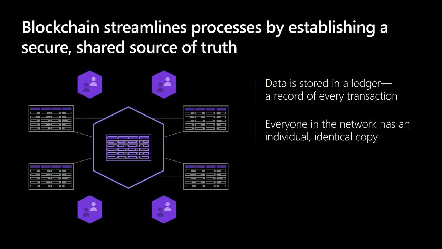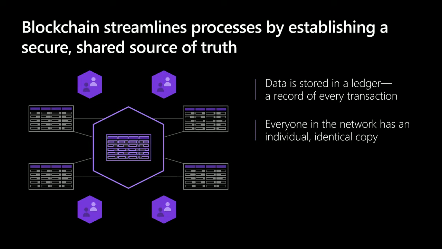The second element is that there is no single source of data in the blockchain. There's not a singleton database that's replicated out to everybody. Rather, everybody has a copy of the database, okay? And this is important because then you have control and visibility into the data directly. By the fact that it's immutable, you know that it's not been tampered with.